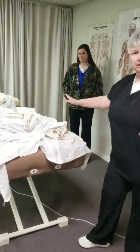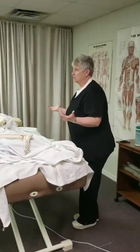Okay, any questions on this positioning? So then what's the next position? It's